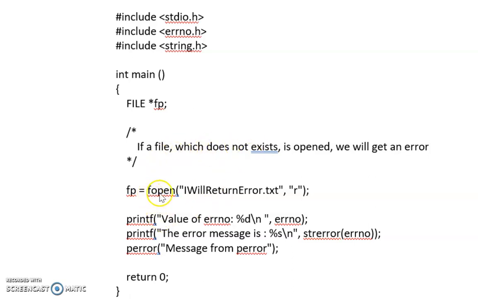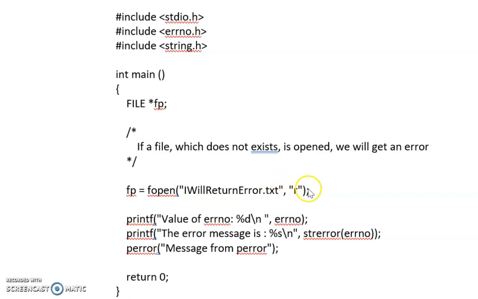Now see, fopen: error.txt is the name of the file which I am trying to open in the read mode. Now printf, value of errno. This file does not exist, so we are trying to open a file which is not there.